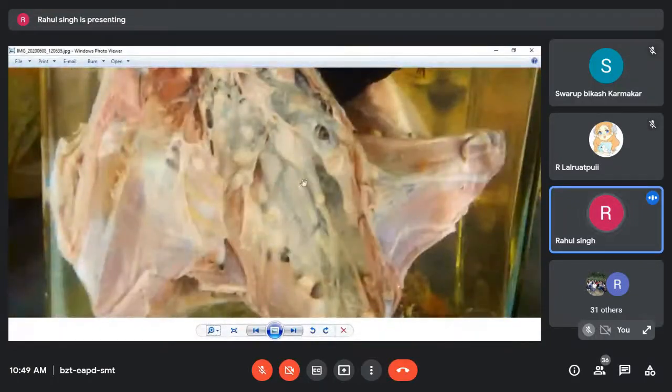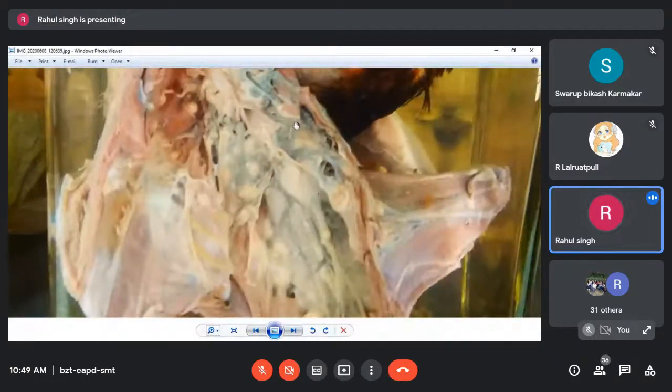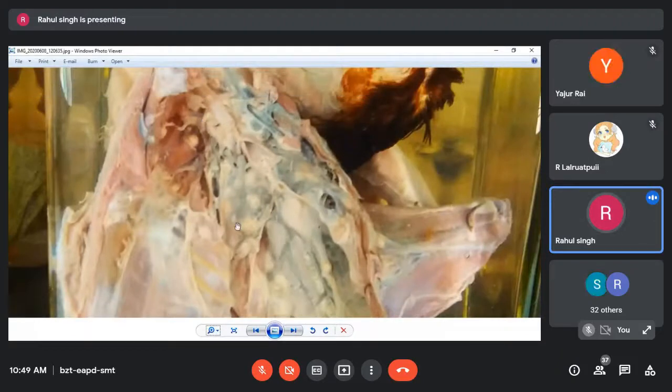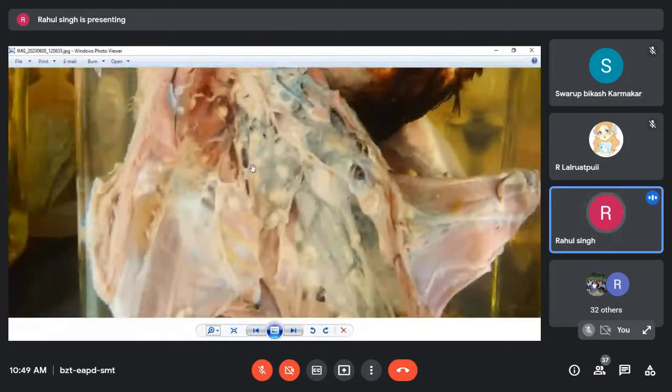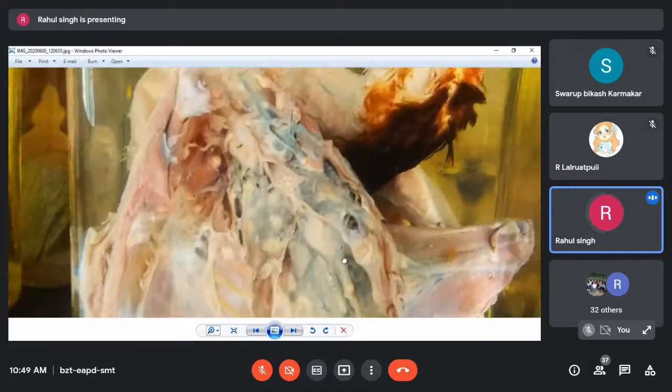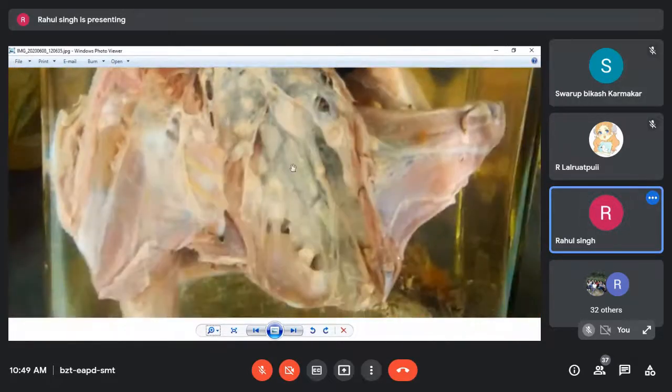Now this is a specimen of Brooder's pneumonia, and you see the lungs here. This is part of the kidney, and you see on the lungs there are numerous nodules. These are fungal nodules developing on the lungs of the bird. Some nodules have also developed around the kidney, in the air sac around the kidney.